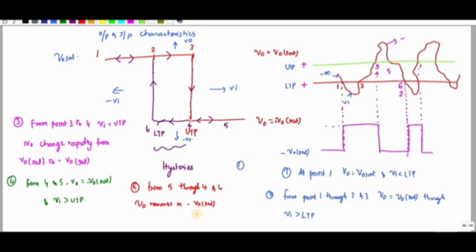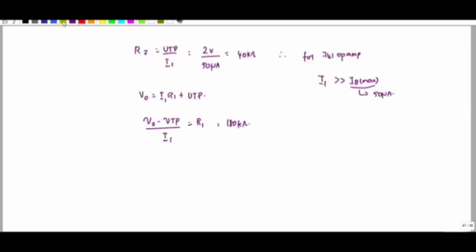As VA is reduced below UTP, right? Until it reaches VA equal to LTP. Okay. So when LTP is reached, when VA is equal to LTP,